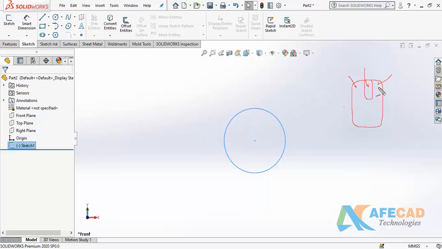Left button we use to select menu items, entities or objects, maybe in the graphics area, maybe in the FeatureManager design tree. Right button we always use to display context sensitive menus, shortcuts or more functions, but the middle mouse button or scroll we use to zoom in, zoom out, pan or rotate.